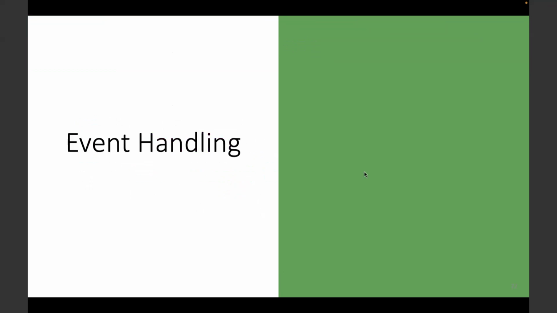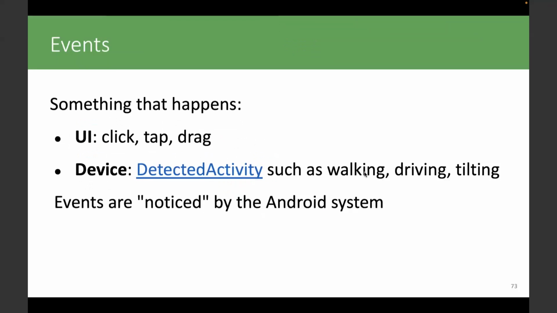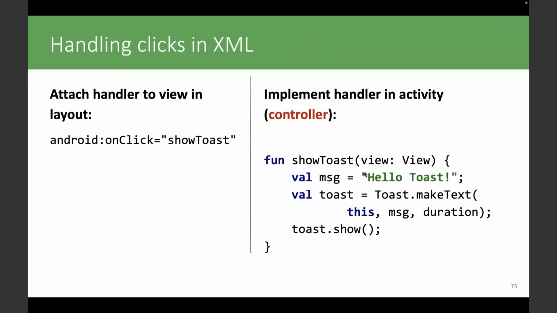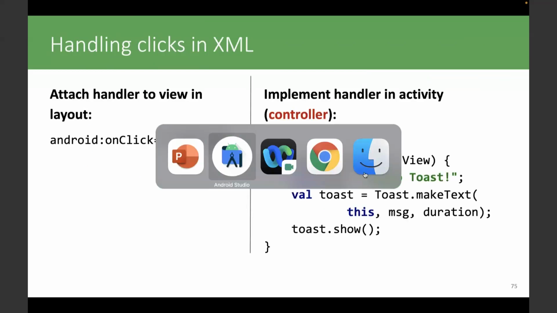Okay, event handling. Recall that views can be interactive. They can receive users' input like click events, tap events, hand gestures, and so on. So how do we set up an event handler with a view? There are two ways to set up, for example, a click handler with a button. The first way is we can set up the click handler in XML. Let me show you directly